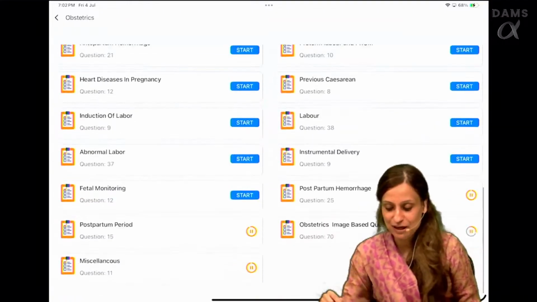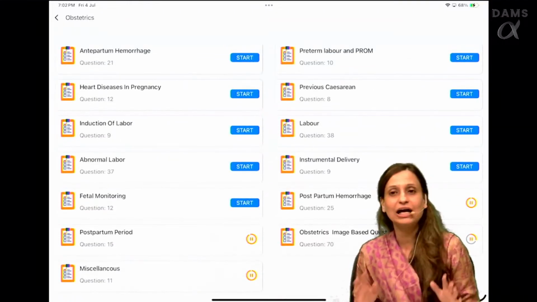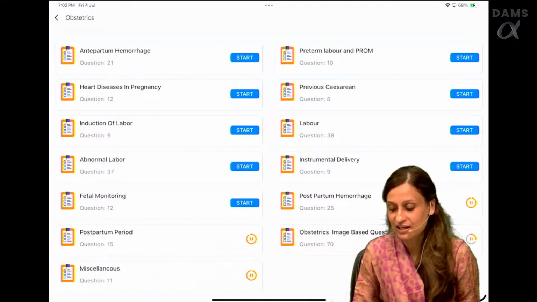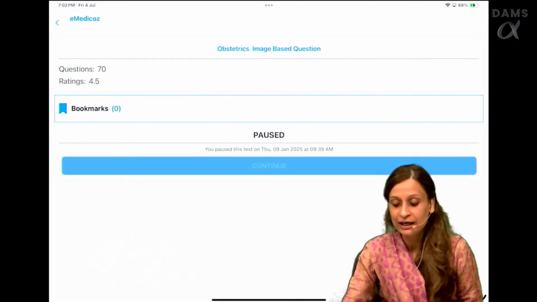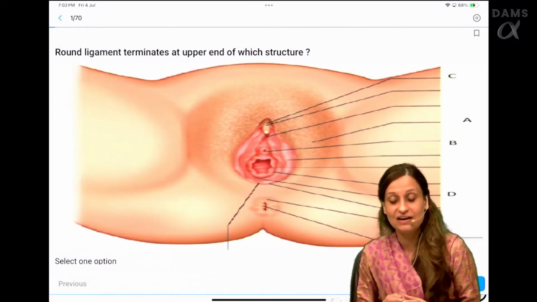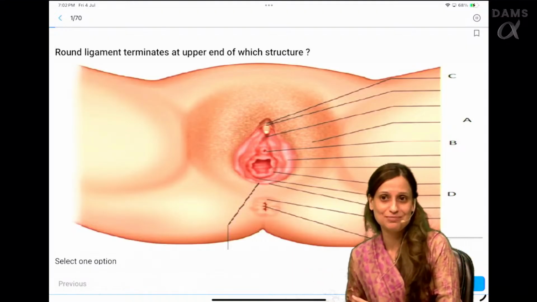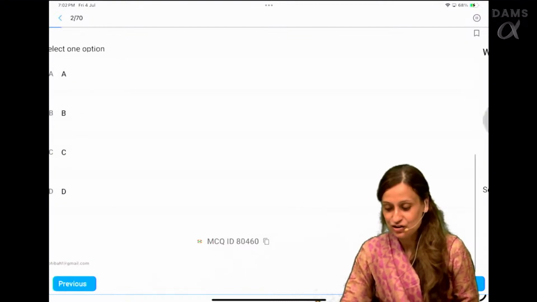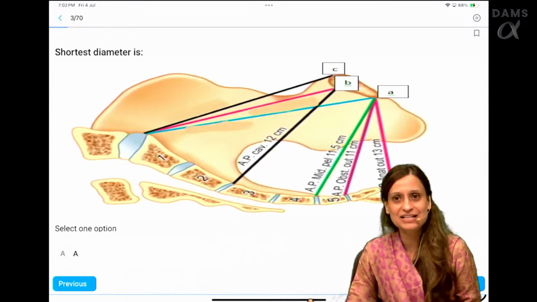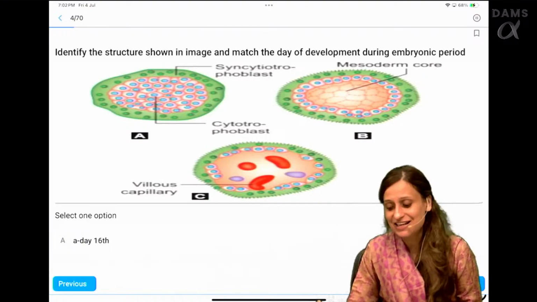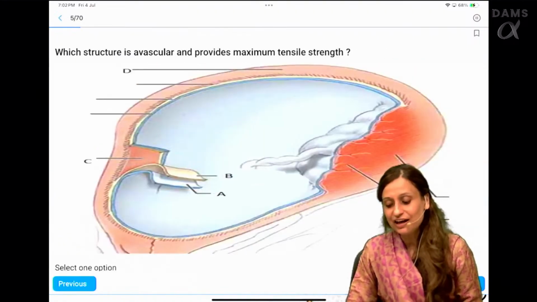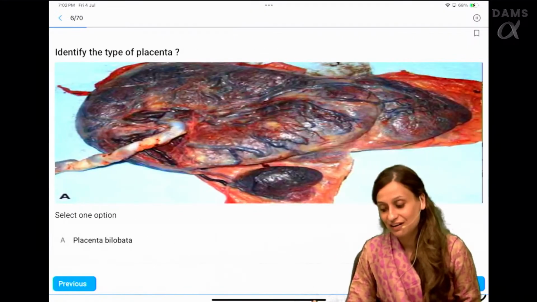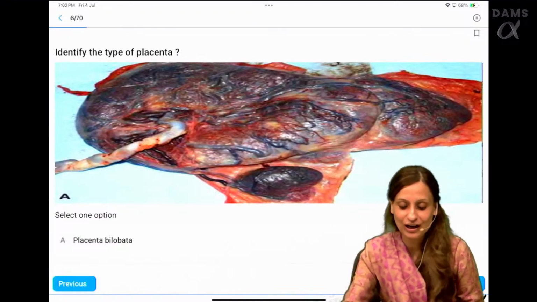And especially, as I said, you will get all types of MCQs. So if you see, there is a separate section of image-based MCQs available in every subject. Again, handpicked by the faculty, right? So you will have these image-based questions, and once you see them, you will realize they cover almost everything, whether it is a PYQ or a PYT.